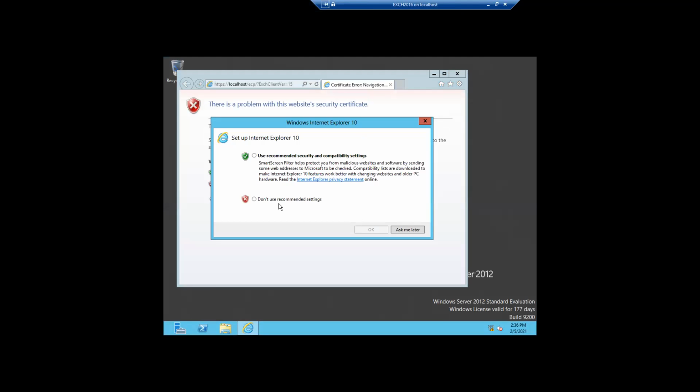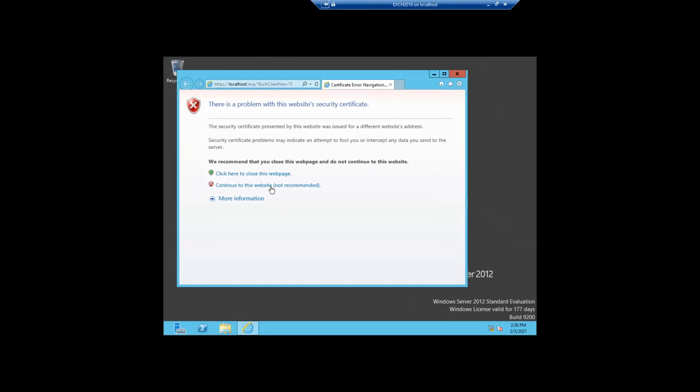Okay, it will take some time to open. Let it be open. You can see we can use this recommended setting, right? We used to get the certificate error because it is internal, so you can ignore it.